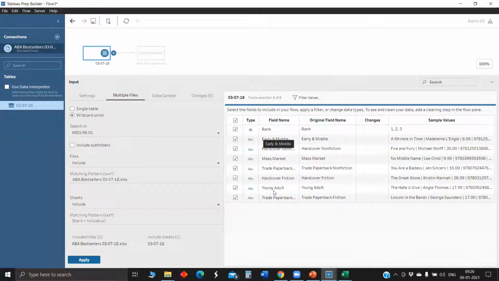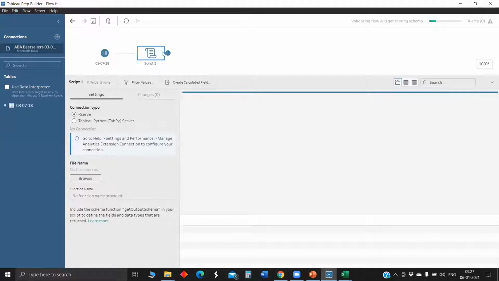Here I want all the field names to be in the data source. In case you would like to deselect some of them, you can do that at the first step itself and just unselect. Next we will go for a pivot step. To do that, once you click the plus icon beside the data source, we will have a couple of steps. One is the clean step, and the second is aggregate, based on which level you would like to aggregate. This example is mostly focused on pivot, and join and union are as usual. Script means if you are writing some external script which you would like to implement in the data source, you can select the script and select the script file.